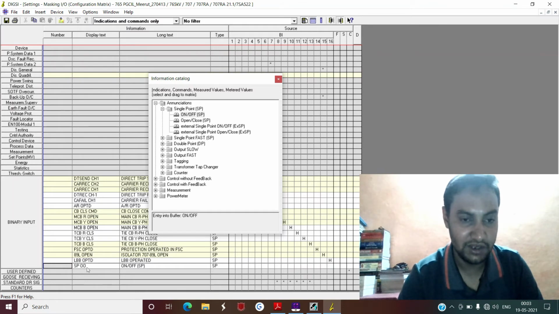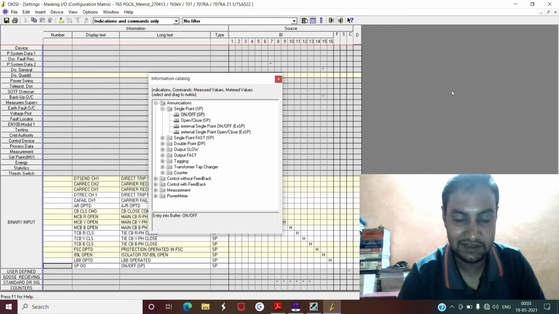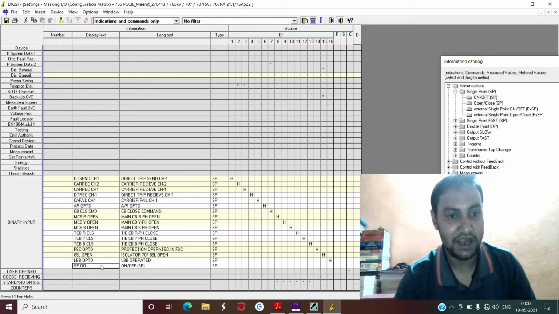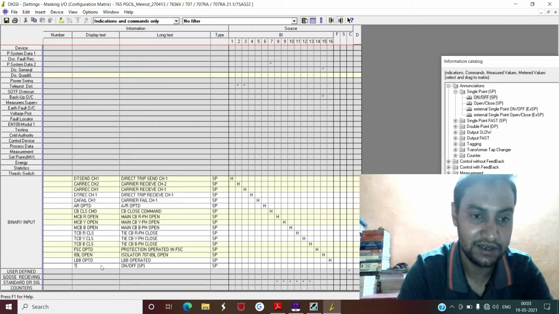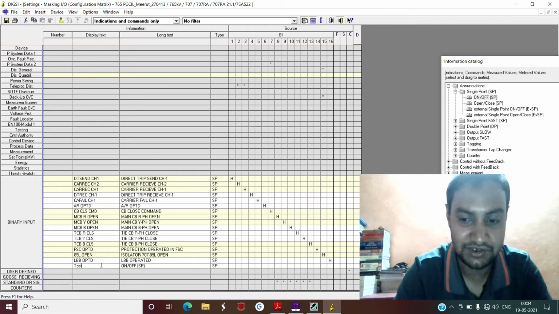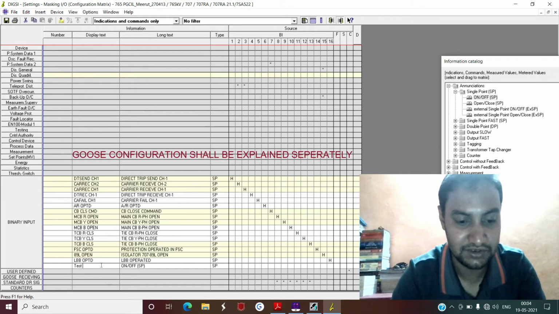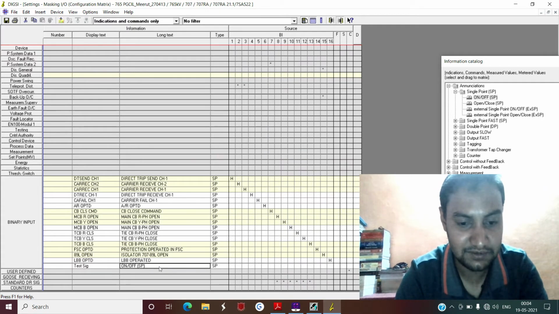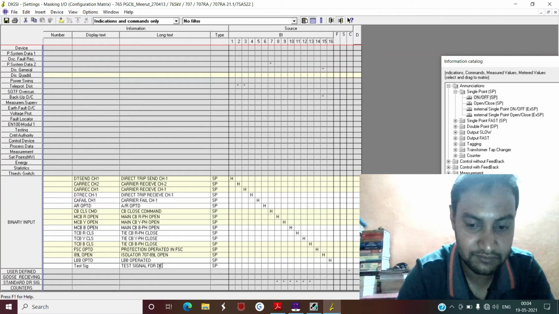Okay, now it's working. So now if you see here, one signal has been added in the end, and this signal is SP00, and you can name it as any signal. Right now suppose I name it test signal. Again, on the right hand side, just describe this as test signal for demo purpose.